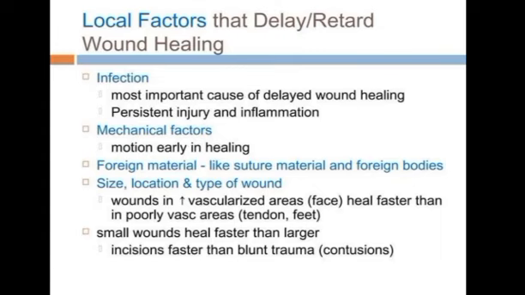Next one, mechanical stress or excessive movements. With frequent movement of the wound, newly formed tissue gets disrupted, wound edges separate and healing slows. Next one is edema, swelling, fluid accumulation around the wound, which increases tissue pressure, reduces oxygen supply and delays healing. Next one, size and site of the wound. A large wound means more tissue to replace, so a longer healing time. Poorly vascular areas like cartilage and tendon have less blood supply, less oxygen supply, and slow healing.